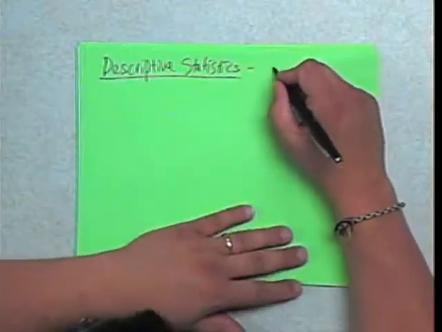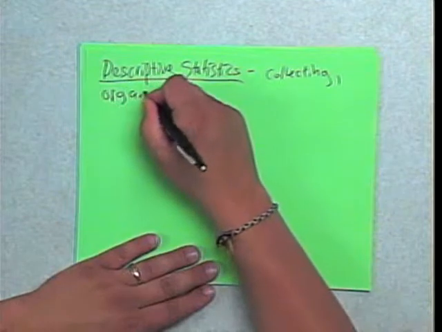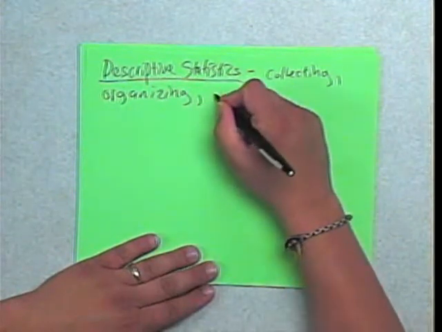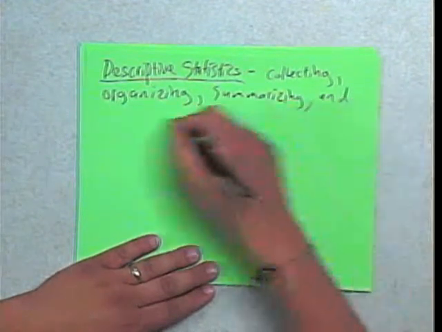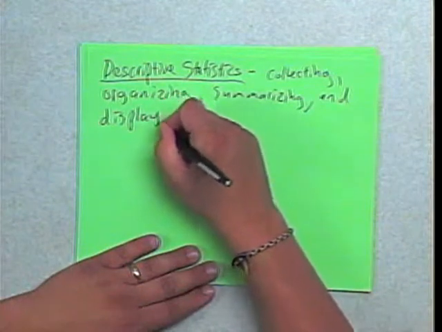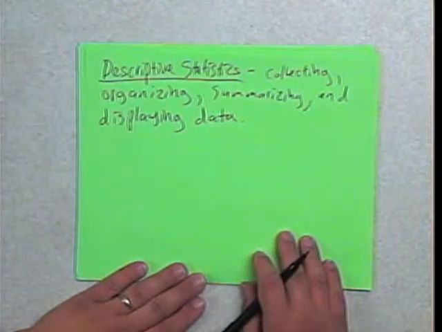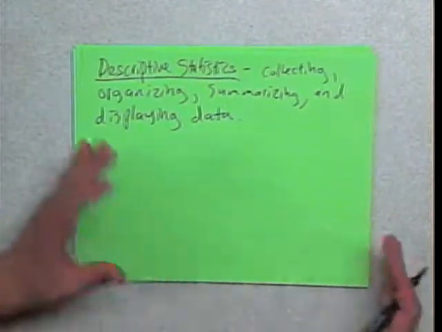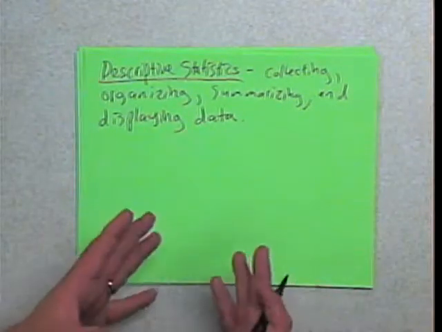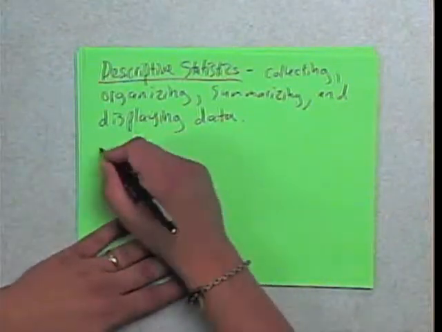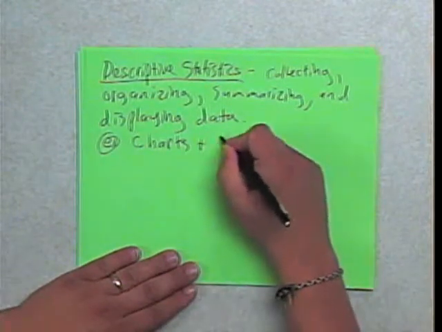This is kind of the science of collecting, organizing, summarizing, and displaying data. Okay, these are the techniques where we can take that huge data set and organize it in some way to help us make sense out of the data and possibly even display it, some sort of graph or chart or table. Okay, so descriptive statistics involves charts and tables,